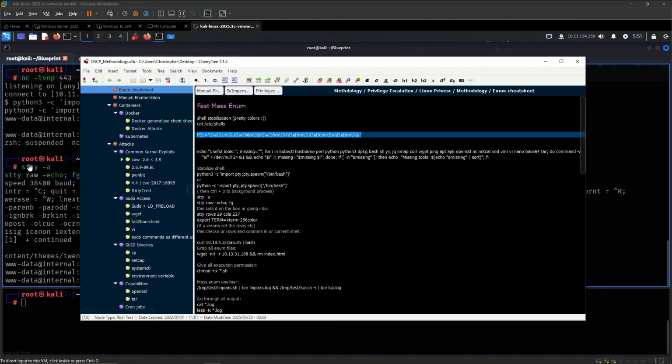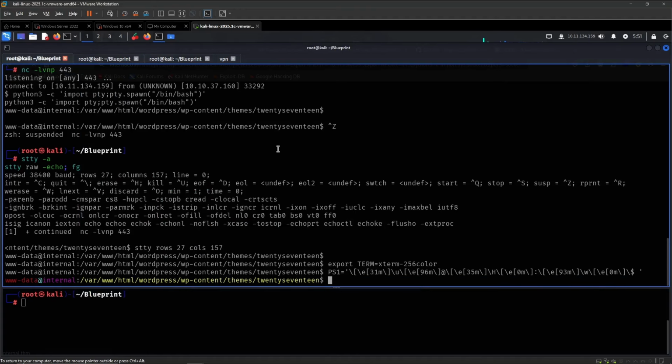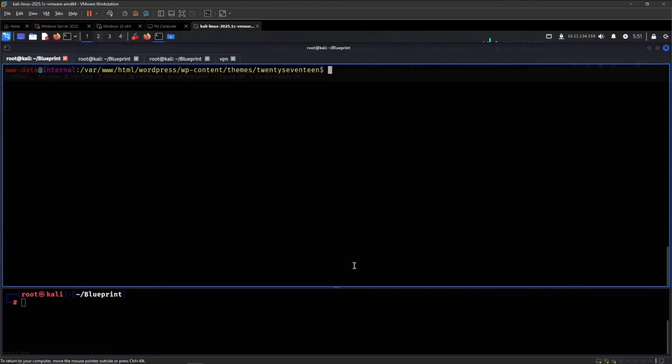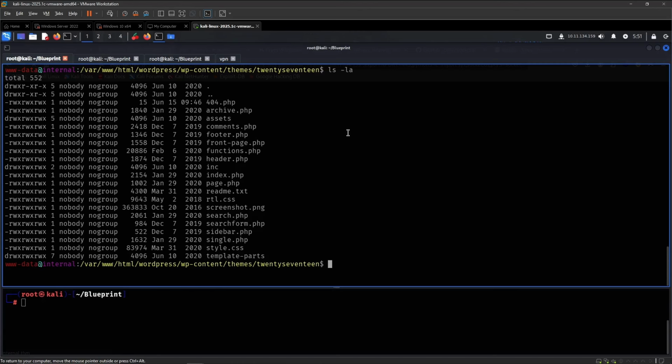And then this is just a preference thing, but now with the export term, xterm, we can do control L like so. And with the last command, we get this cool color, right? That just makes it a lot easier to parse output. So yeah,